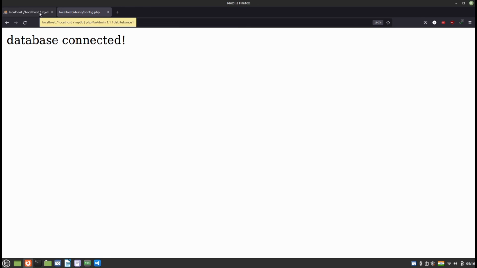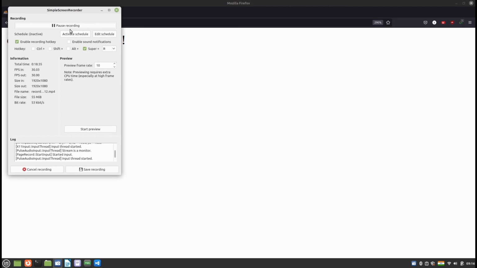So in this way you can install the LAMP stack in your system and do all the phpMyAdmin coding stuff. So thank